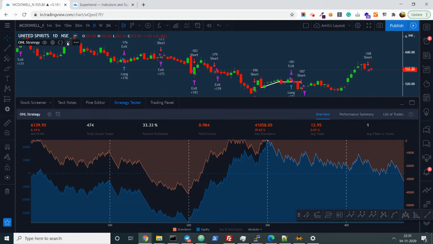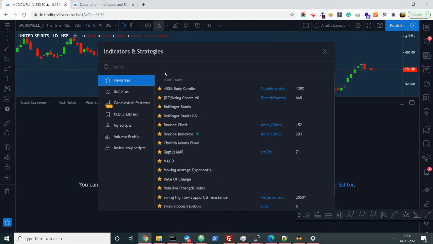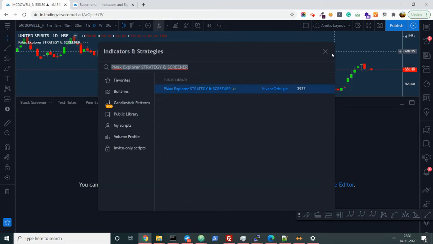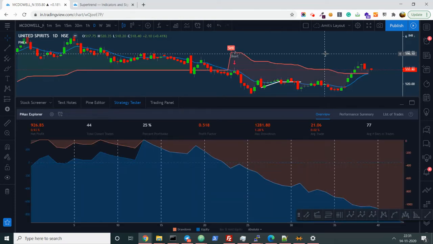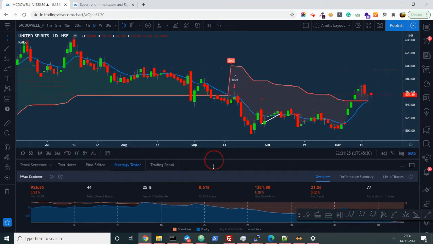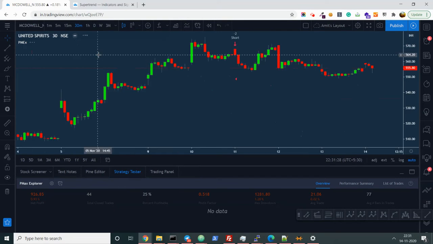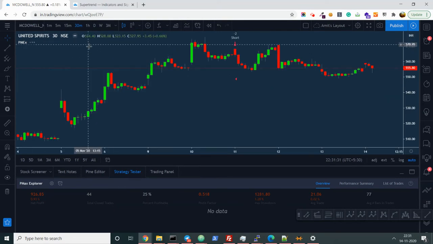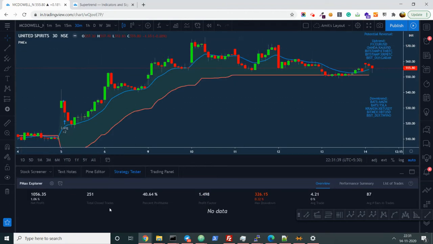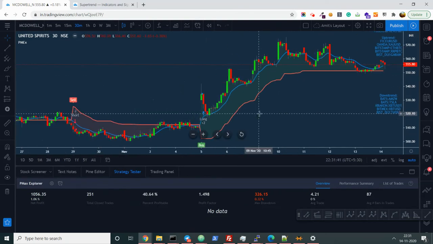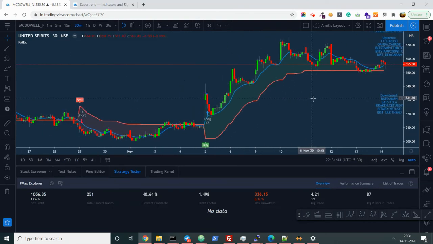Now leave it. Let me hunt for some other strategy. This huge-name strategy, so let's check it. It's spinning, which means it is running on it, so it is also not making much profit. And see, some strategies will shift if you change the time frame. Let me change the time frame to 30 minutes. It's still spinning here. Yeah, see, at 30 minutes the returns are changing, but not a huge difference, right?